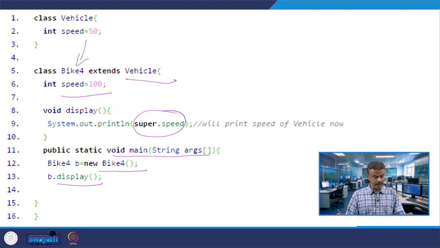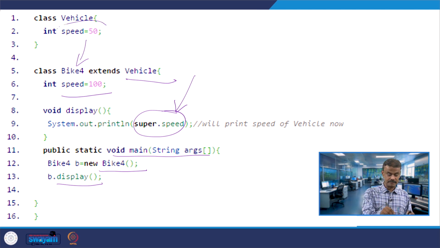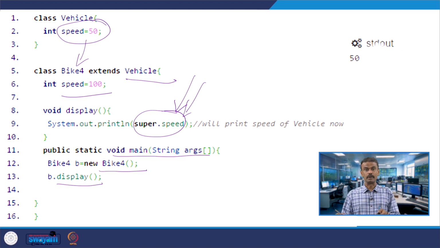So, when it is invoking display, System.out.println super.speed. In the previous program we simply printed speed, so speed equal to 100 was printed. Now I want to print this, so in that case use super.speed. You can see the output, you will get 50 as the output.